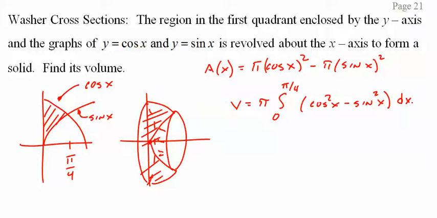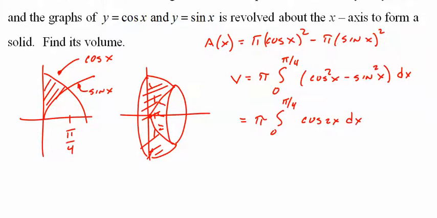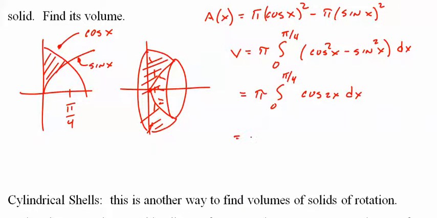Can we do this one? Actually, we can. Although I would just personally nInt it. But the integral, not yet. That's an identity. I believe that's cosine of 2x dx. And that would give us pi sine of 2x over 2, 0 to pi over 4,